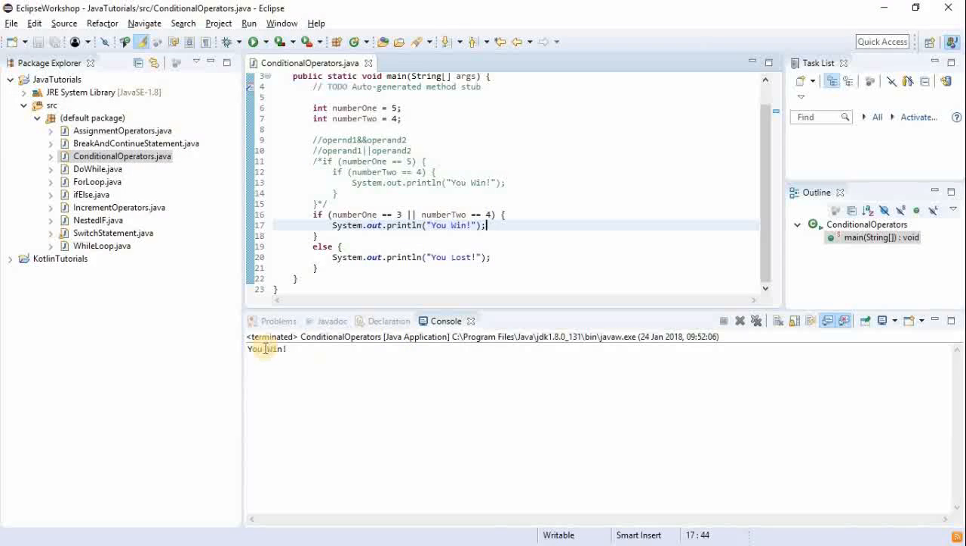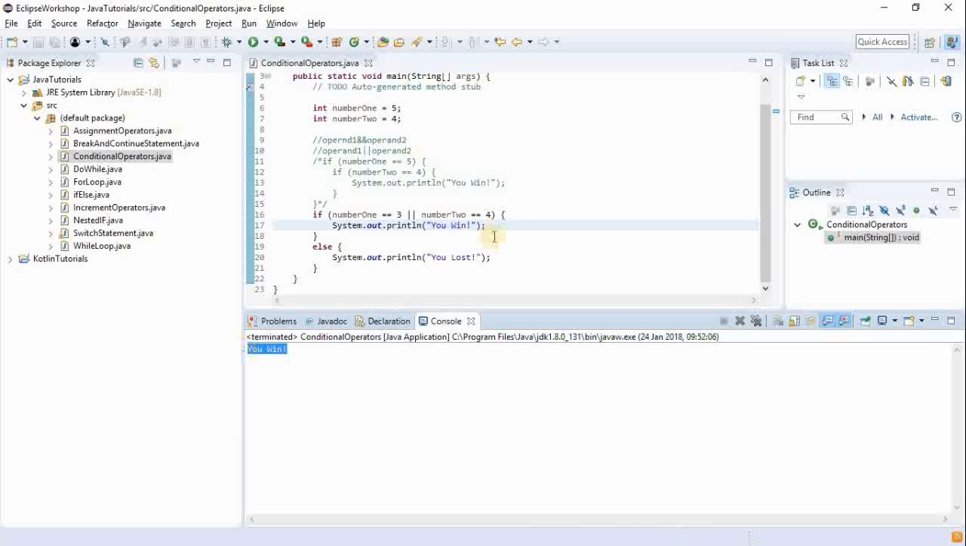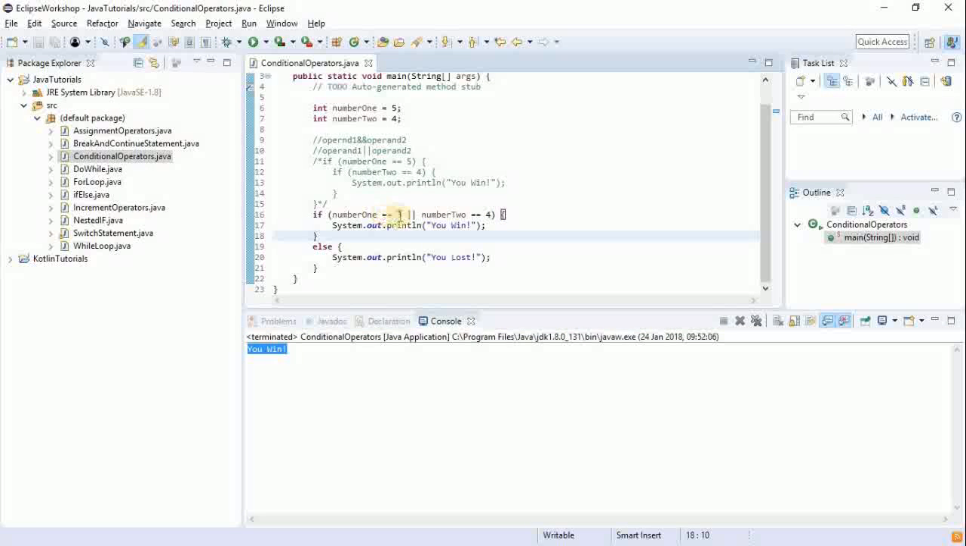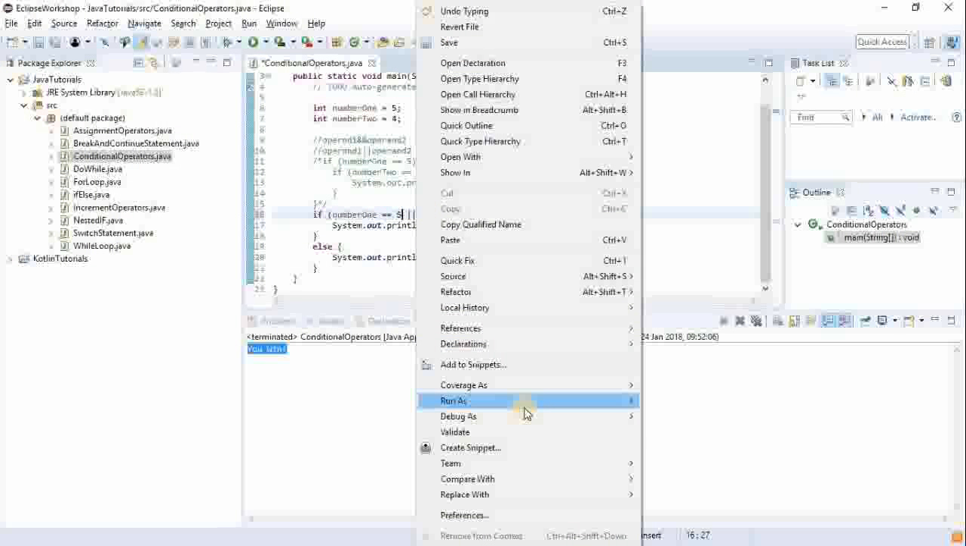Java application. There you go, you win. So it is displayed from here, and you wonder why, because number1 is not equals to 3, but number2, the second operand, is equals to 4. Therefore, once one operand is true, the OR operator determines the whole statement to be true. If I change this to 6 and make the operand on the right true by changing it to 5, because number1 is equals to 5, now if I run that,